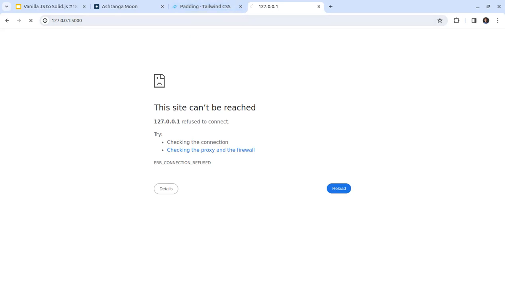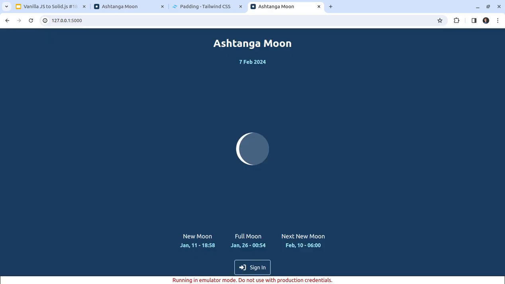The Vite dev mode is actually very fast, and you don't need to reload the page manually. So when I'm working with styles, I prefer using Vite dev instead of running the application through the emulator and then in build watch mode. Yeah, something like this. So let's log in,